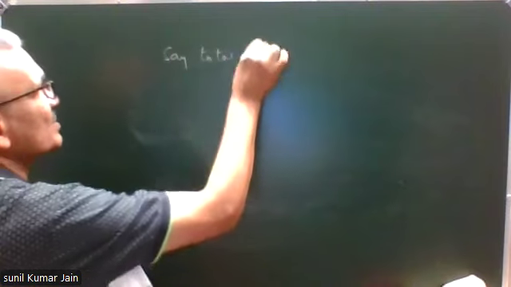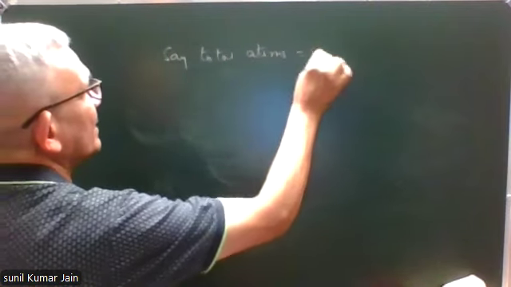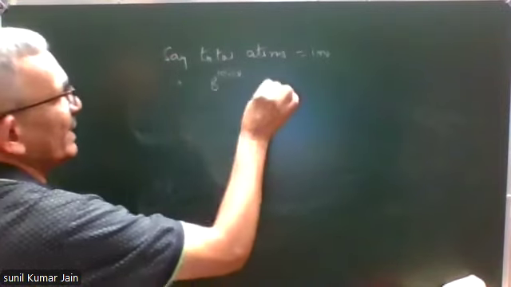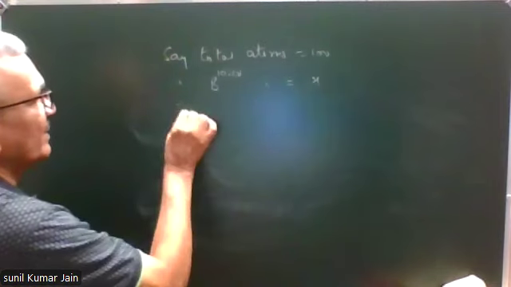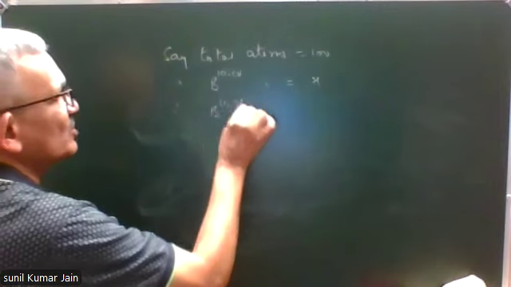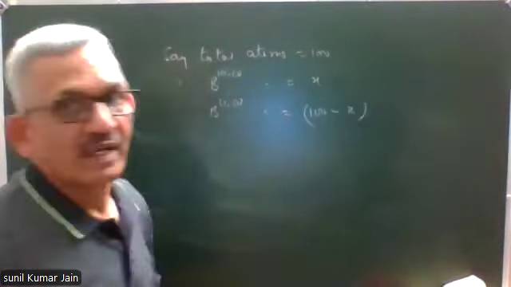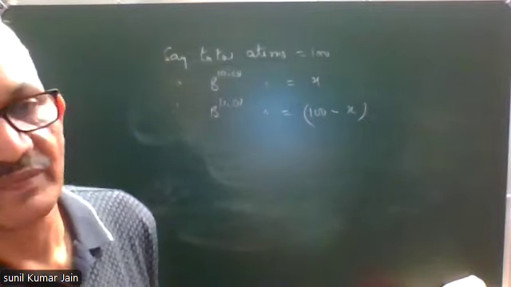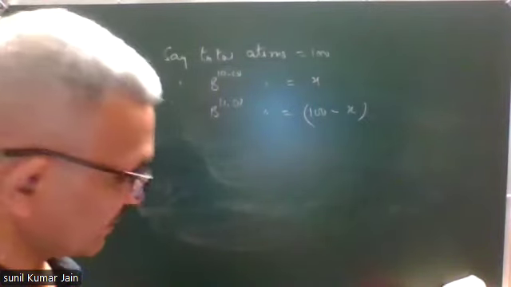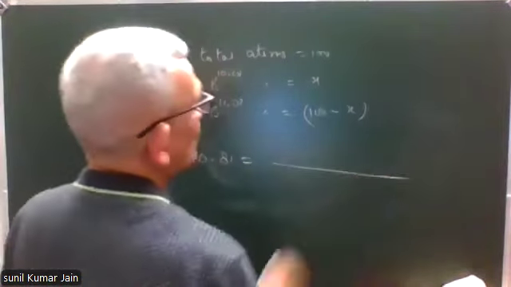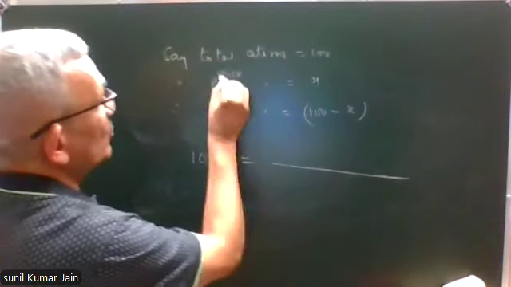Say the atoms are 100. Say boron 10.01 atoms are X. Therefore, boron 11.01 atoms will be 100 minus X. Now we'll use the formula the way I told you how to calculate the average atomic weight. The average atomic weight is 10.81. That will be equal to X into 10.01,